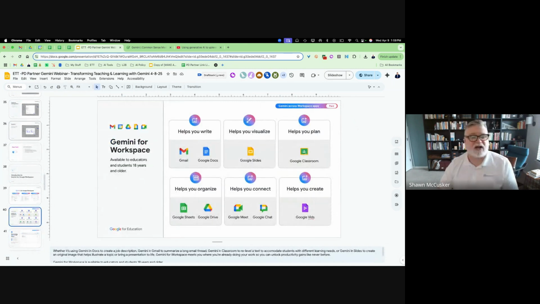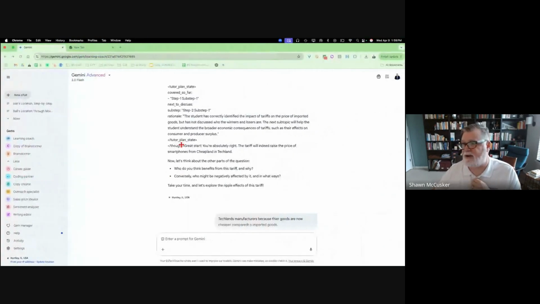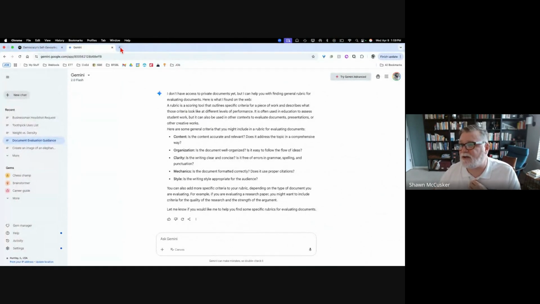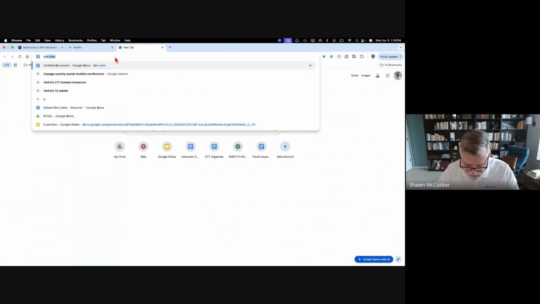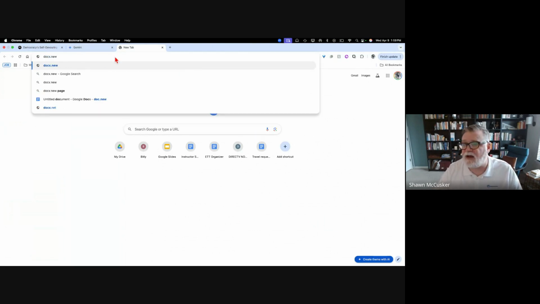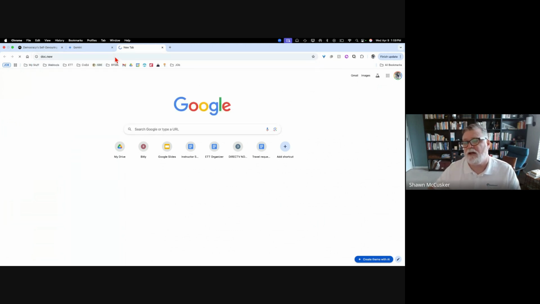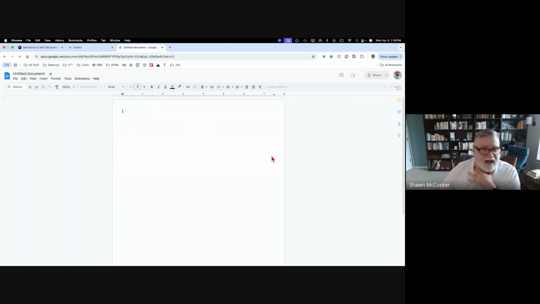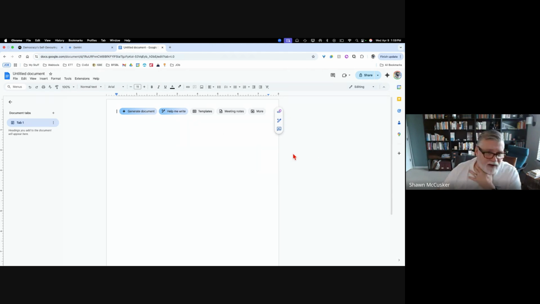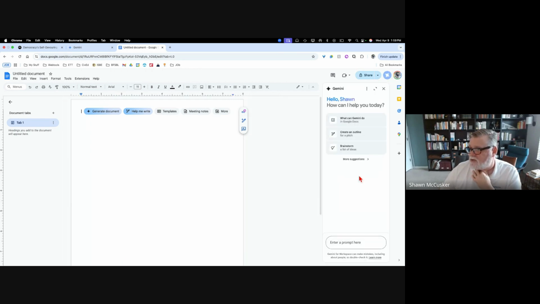We're at the end of our time now. But one of the things I want you to look for is that the features that you're seeing now can be integrated into regular Google Workspace. So if I go into my personal account and I go into a new document by hitting doc.new, in my personal account, which I'm in the beta version tester, there'll be features that allow you to do AI to look at a document.